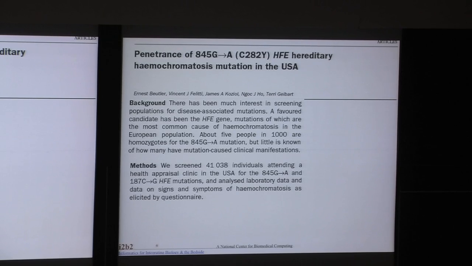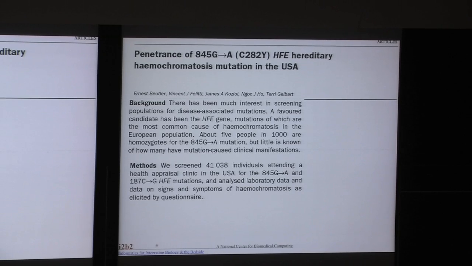And if you look at a hereditary hemochromatosis clinic, 80% of the individuals in the clinic will be homozygous for a mutation in HFE. So internalize that: HFE gene, hereditary hemochromatosis clinic, 80% of them will have a mutation in that gene. So